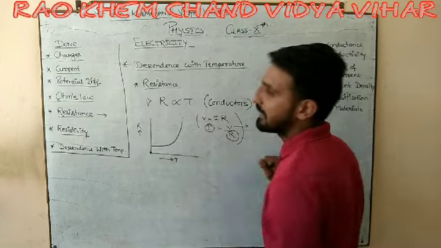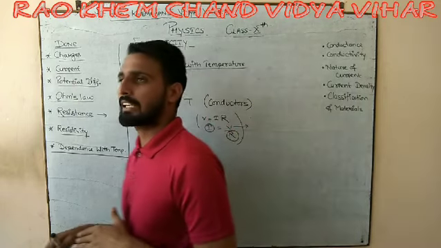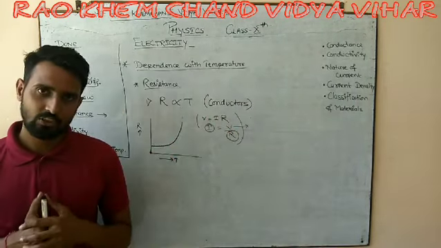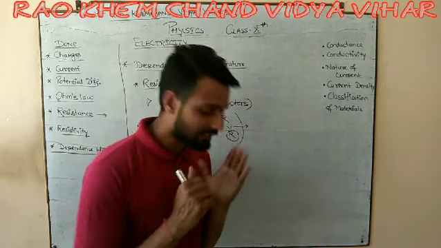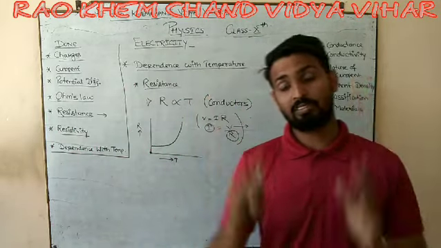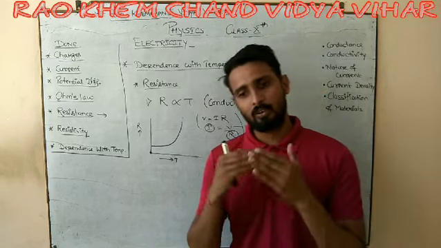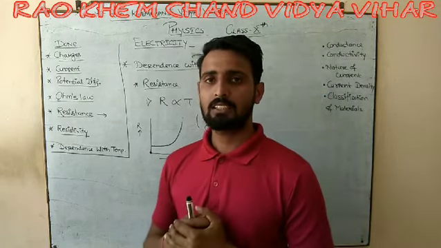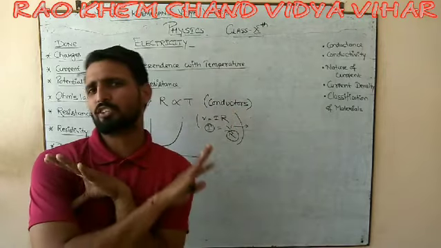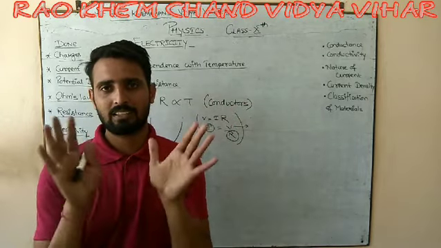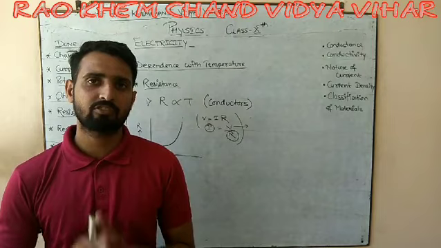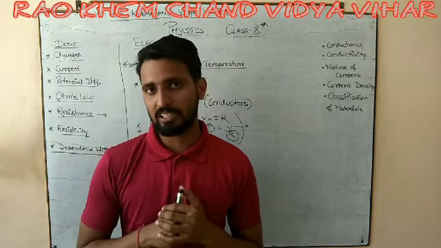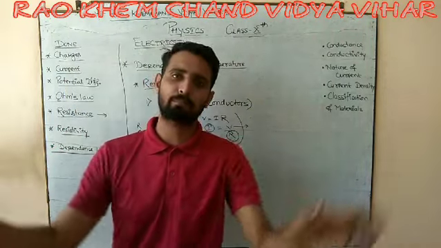But none of the conductors can show zero resistance. Maybe zero resistance is hypothetical. So someday we will talk about this in a new, fresh lecture. We call that a superconductor, when your resistance becomes zero and there is no opposition. But in practical or real life, this can't happen. This can't happen practically, in real life or at room temperature.